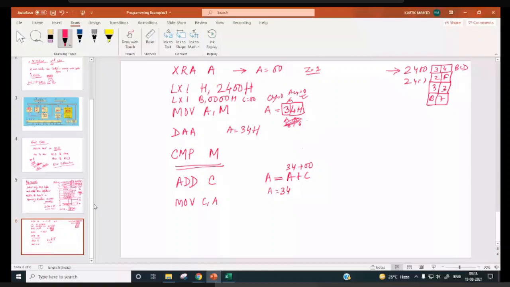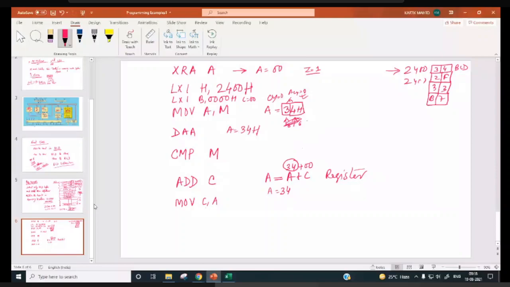Yes, sir. Now before this addition, you have to be careful what type of byte you are adding. It has to be BCD only. Each nibble has to be less than 9. And the result also we have to produce in BCD. So after addition you have to use DAA over here.